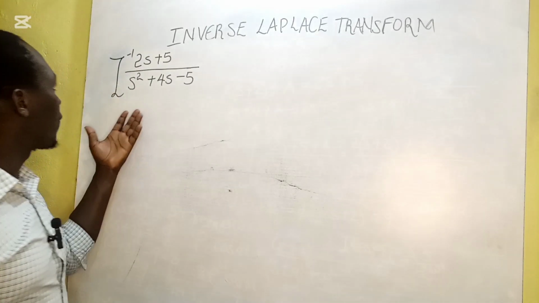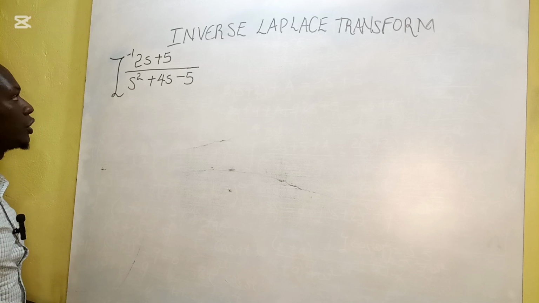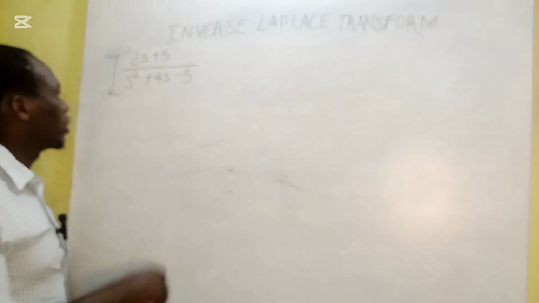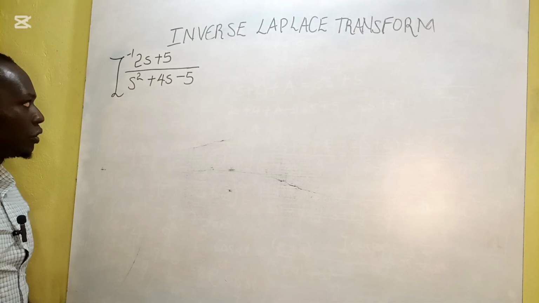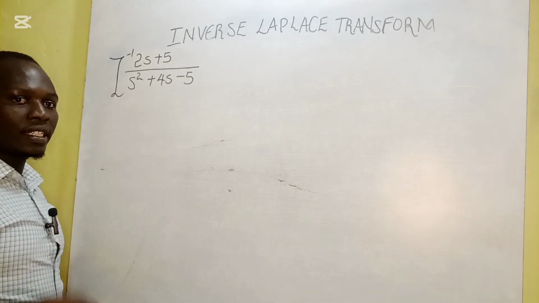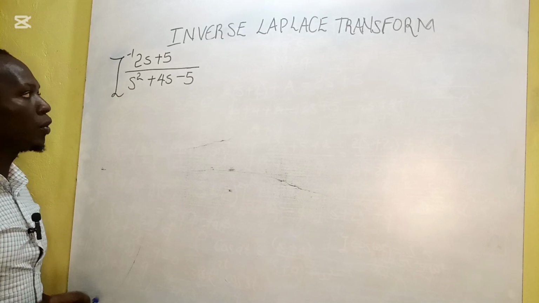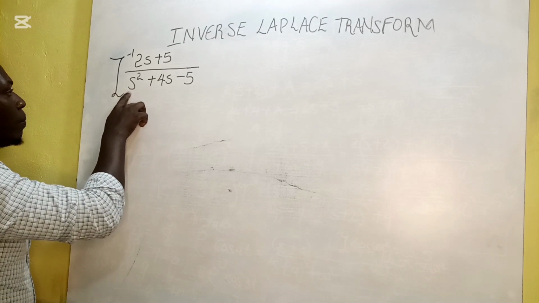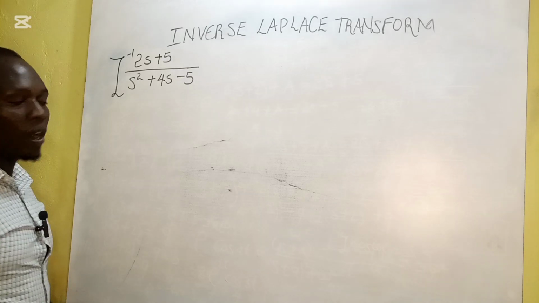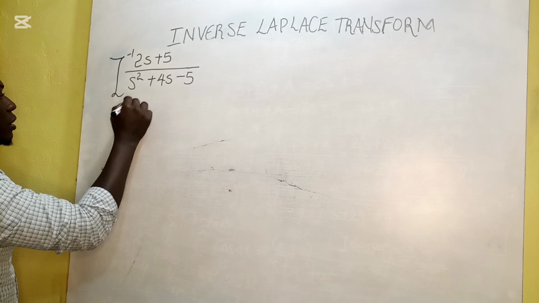When you've been given a function like this one, to find the inverse Laplace transform of this function, the first thing that we need to check is the denominator. When you check this denominator, it is a linear second order equation. We are going to use the complete square method in working out our denominator here. So on our denominator,